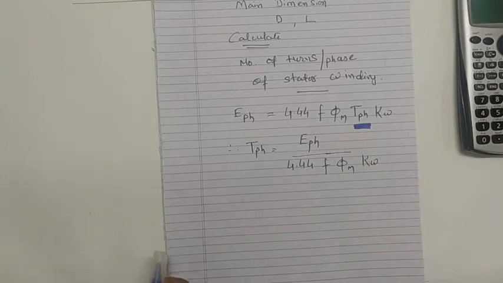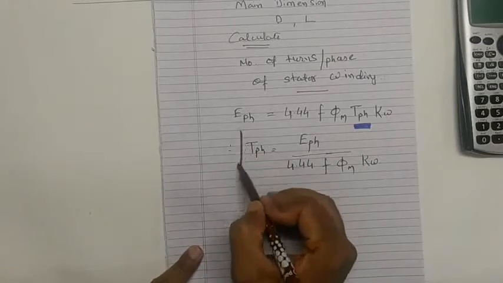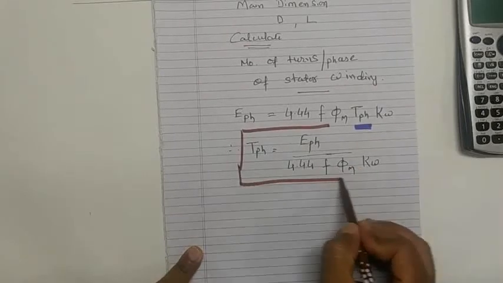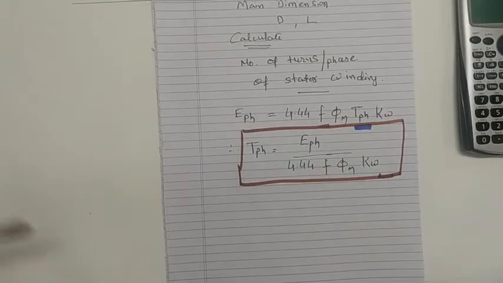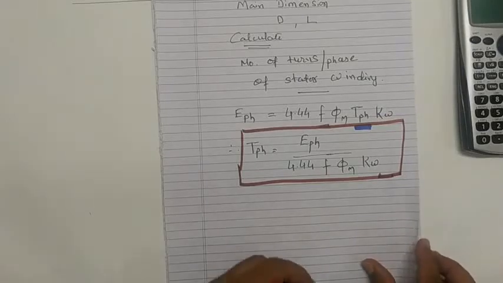So from this equation you know that easily we are able to calculate turns per phase. So we'll utilize this equation. With this background,